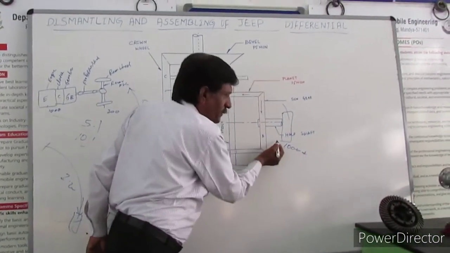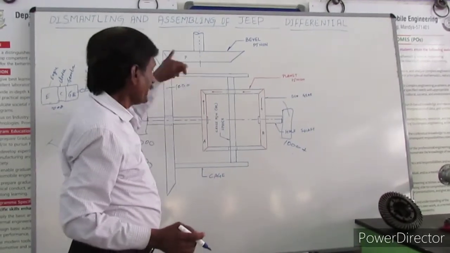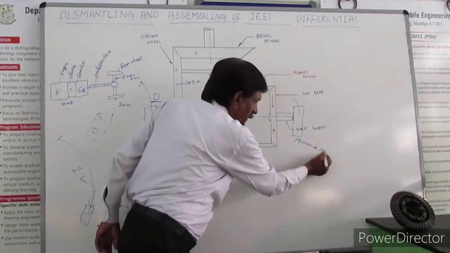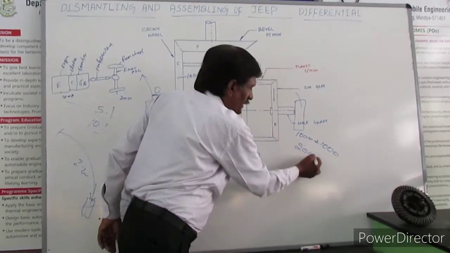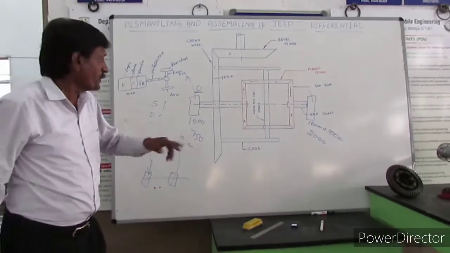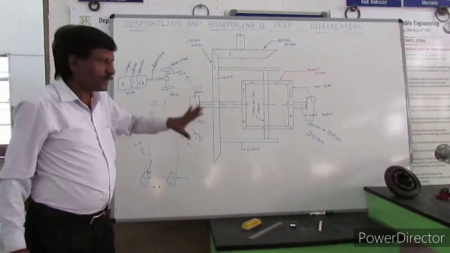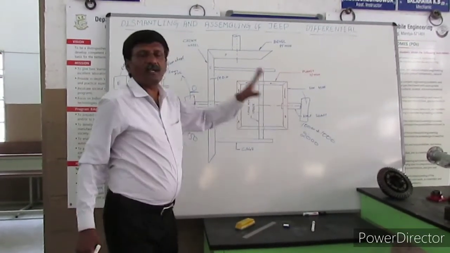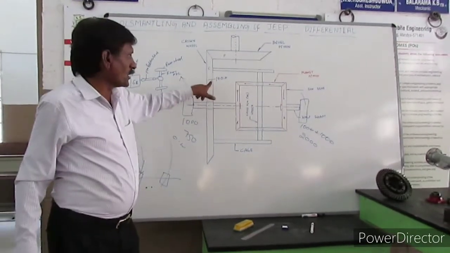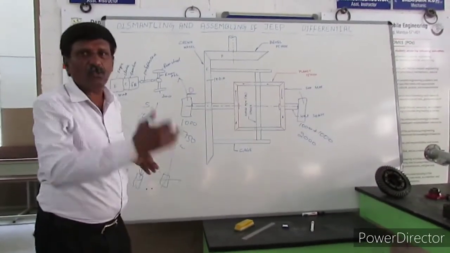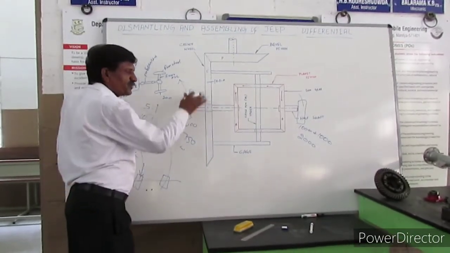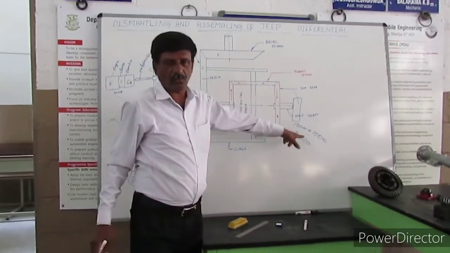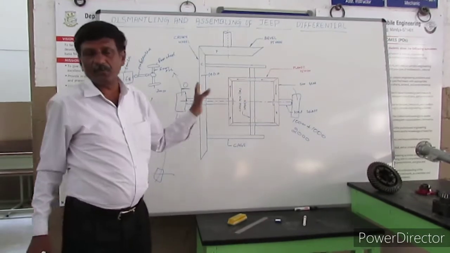This speed is already 1000 because of the crown wheel or the cage. Again, because of the rotation of this planet pinion, that speed is increased by another 1000 RPM. Then the outer wheel totally runs at the speed of 2000 RPM if the inner wheel speed is 0. That means if you apply the brake completely, there is a speed difference: the outer wheel will run at double the speed of the crown wheel. But when we take a gradual turn, the inner wheel speed is gradually reduced. Whatever the speed reduction in the inner wheel is added to the outer wheel, so a difference in speed exists between these two wheels.